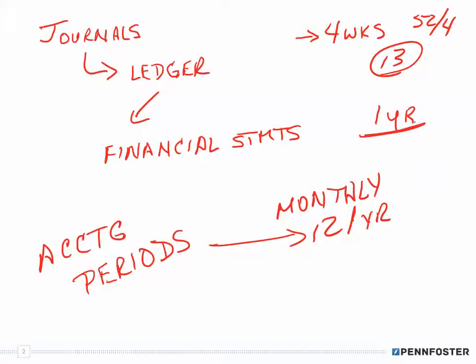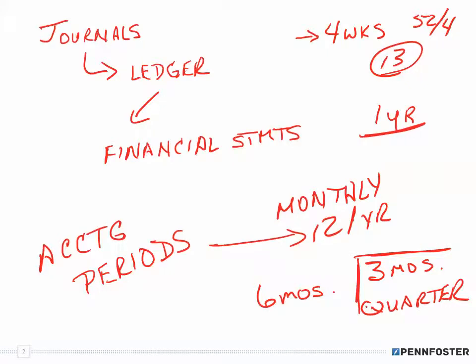Other ones are 6 months, which you rarely ever see. However, every 3 months is another common one. That's quarterly. This one is a little bit more common. So really the ones that you see most are the monthly and the quarterly. So what does that mean to us? Well,